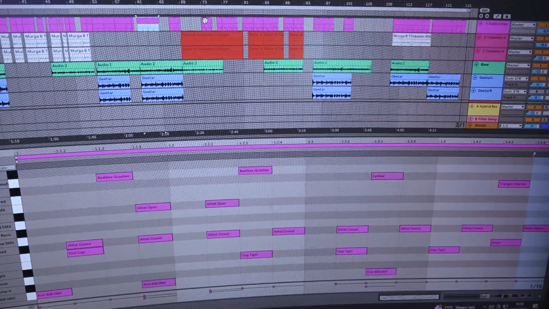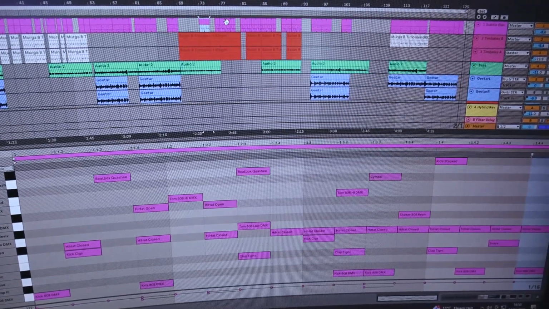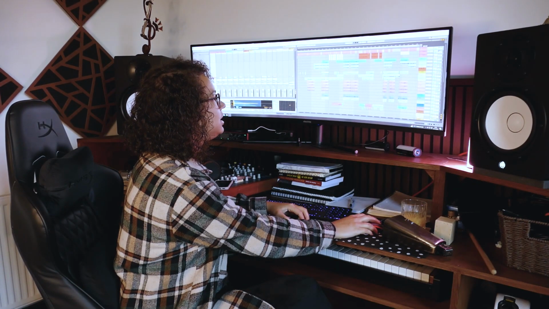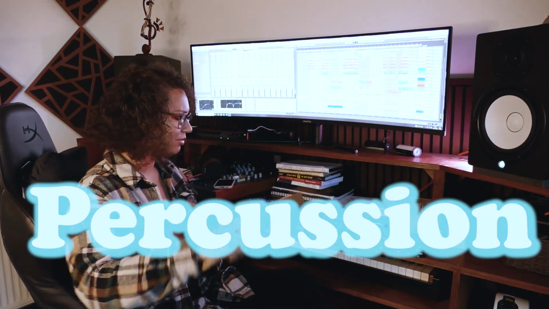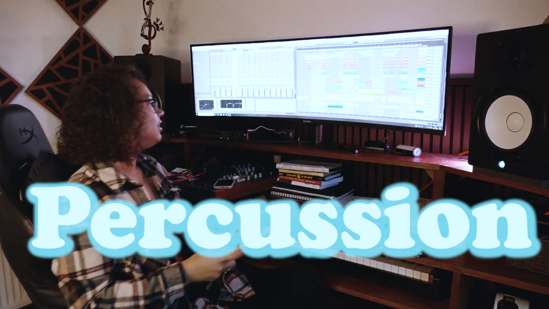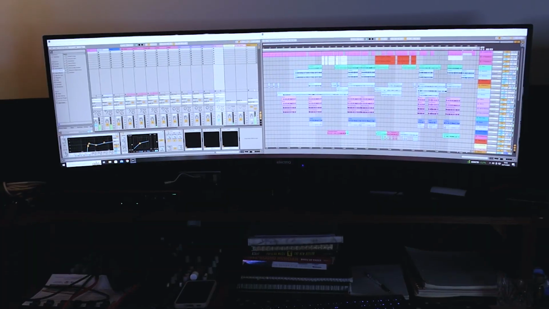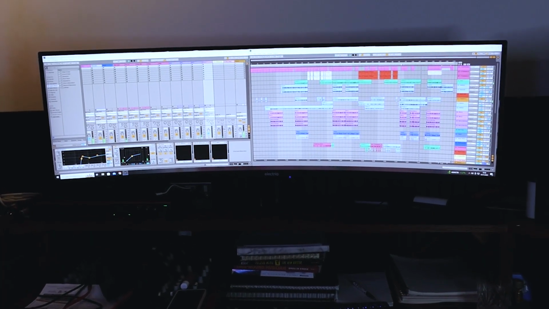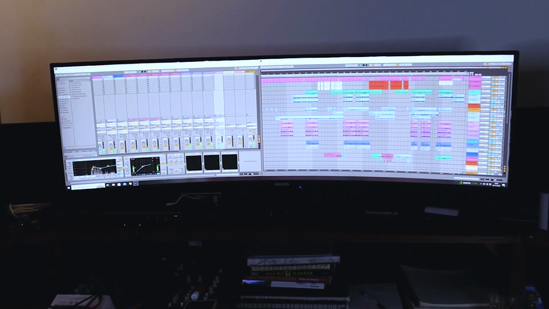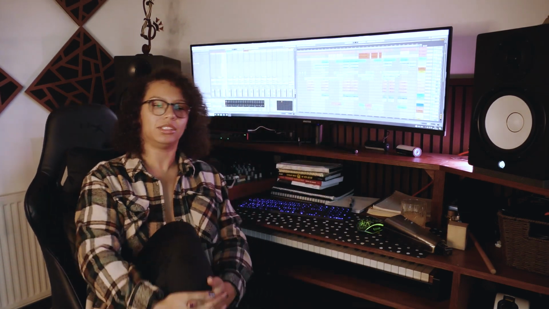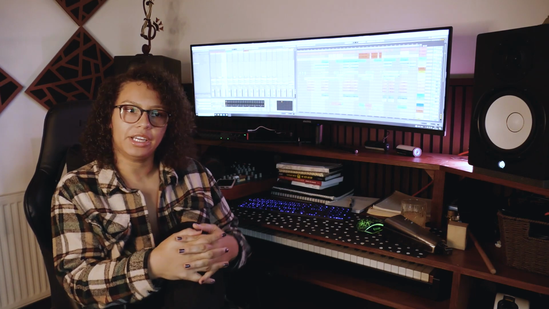One of the later choruses has got even more going on. I wanted to add more percussive layers to the sound, so I cowbelled this up. You can literally see by the waveforms, I'm not doing anything crazy, it's just a nice little muted one. A cowbell tends to end up in a lot of my music one way or another. Not to say that cowbells are synonymous with Latin music, but